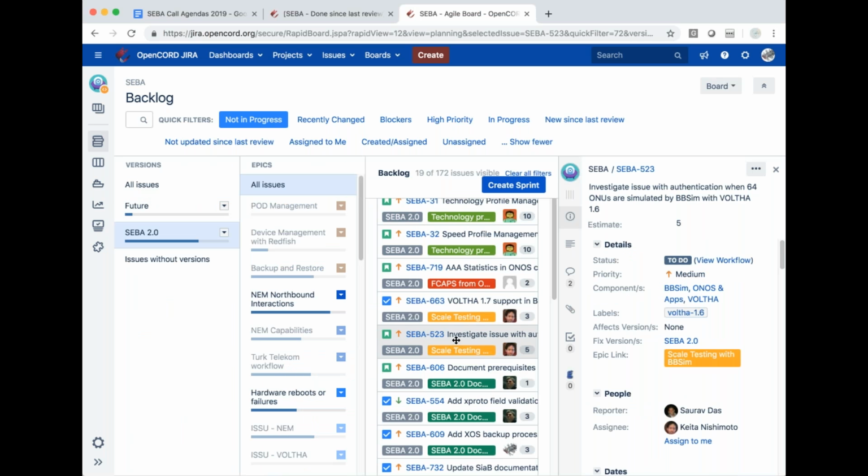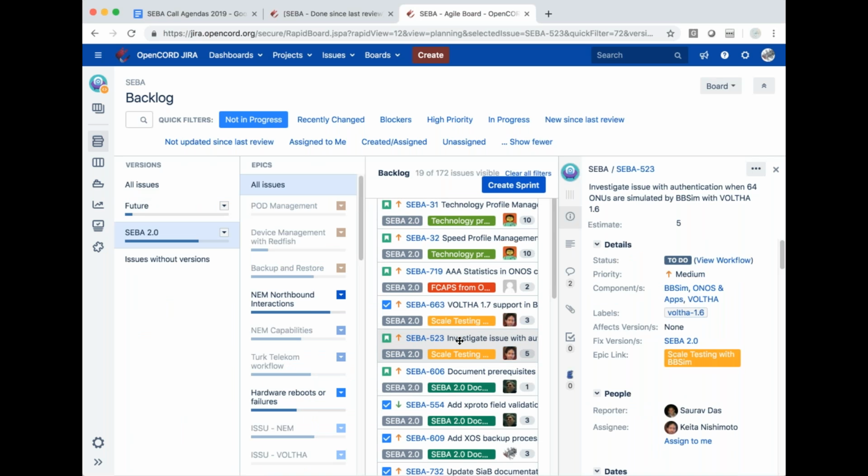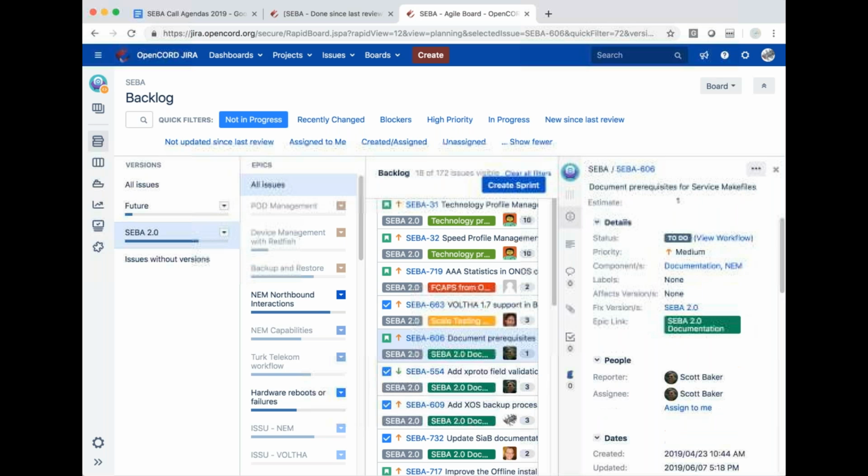So this is another issue we'll need to investigate post SEBA 2.0. There was also another issue in the status server, where some error handling needs to happen when we bring up this many ONUs, which we punted last week. I think this got left behind. So yeah, if we punt it, that's perfect. I moved that to the future. Okay, cool. Alrighty.